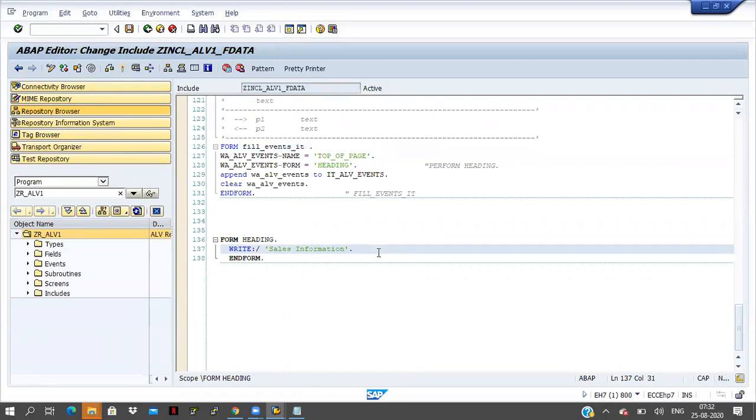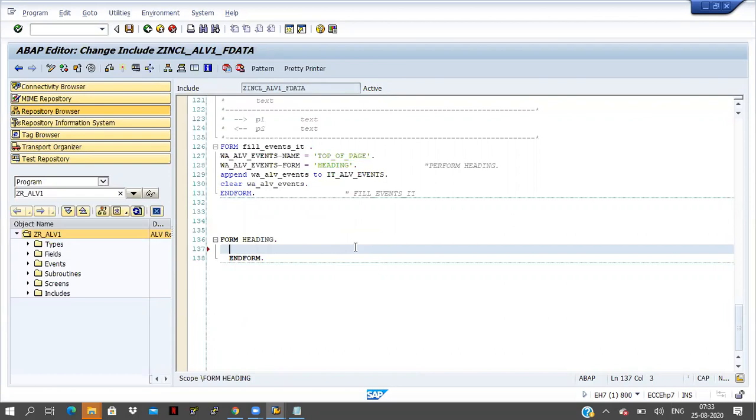List display will support the write statement, but grid display won't support the write statement. So I'm removing this one.